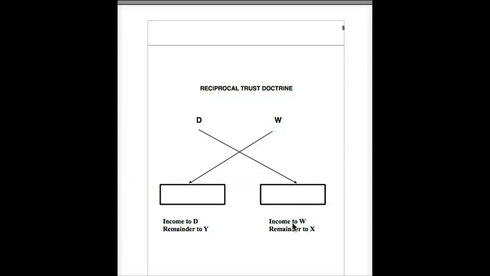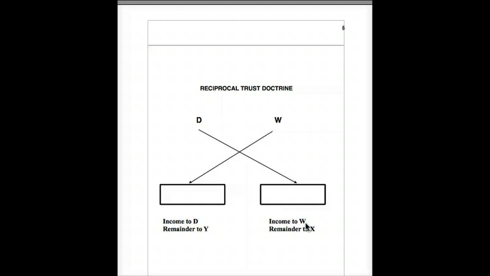But if we put the transactions together as a whole, the situation changes. For example, looking at it as a whole, we're actually having two things occurring: W setting it up so that the income goes to D, and D setting it up so income goes to W. And in a case called the Estate of Grace, it was ruled that if the trusts are interrelated, in that